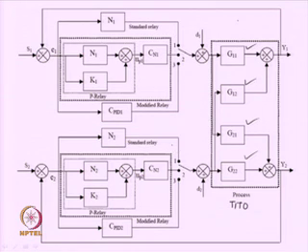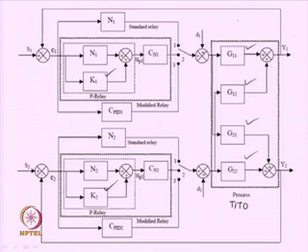Now, when you connect the switches to 2, you have to start with some values of K1 and K2. K1 and K2 can be chosen from intuition, or you can start with very small values initially. Okay. Then perform the relay test, then identify the transfer function models, and based on the transfer function model